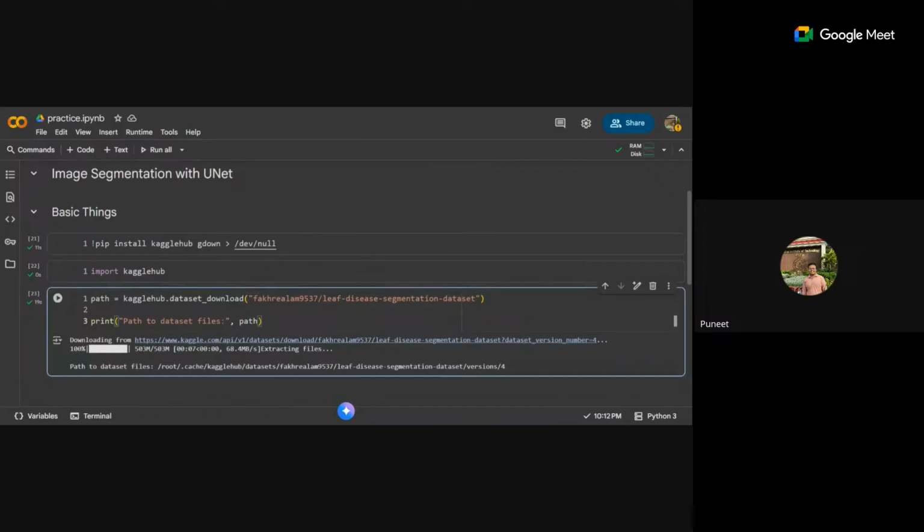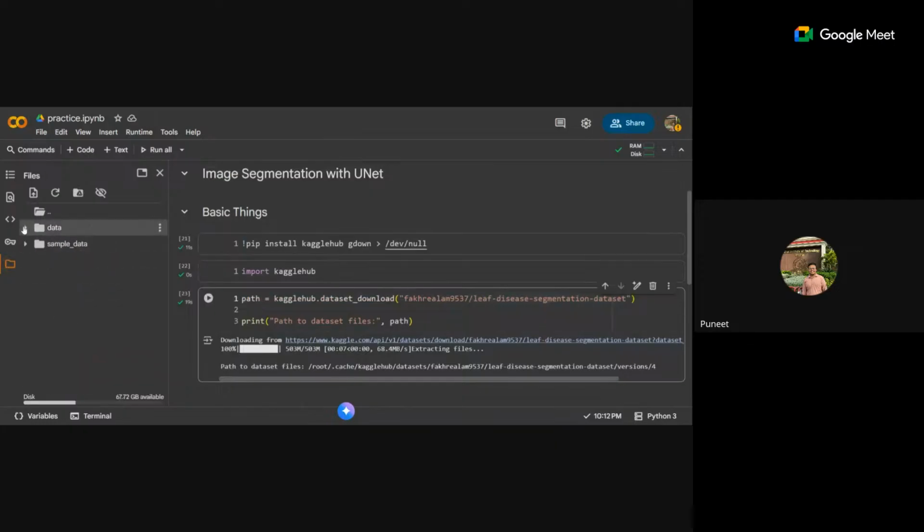Now this Kaggle Hub helps you: you just put the final URL of that particular dataset. This is the person who has uploaded it, the username, and after that just use the dataset link and it will get downloaded. If you now see here,